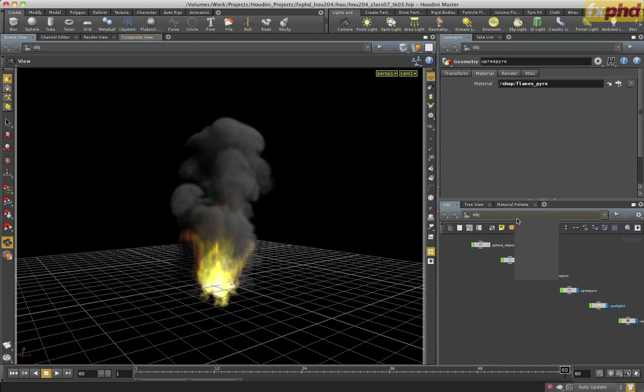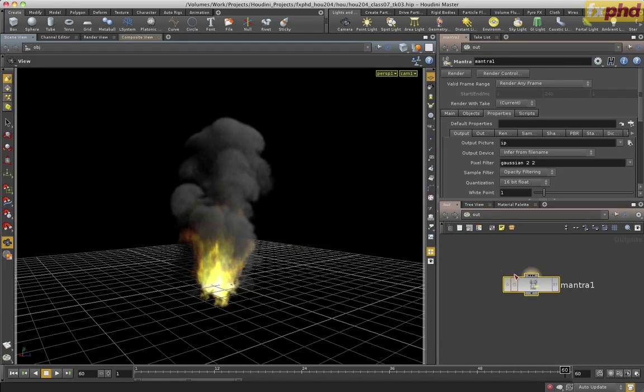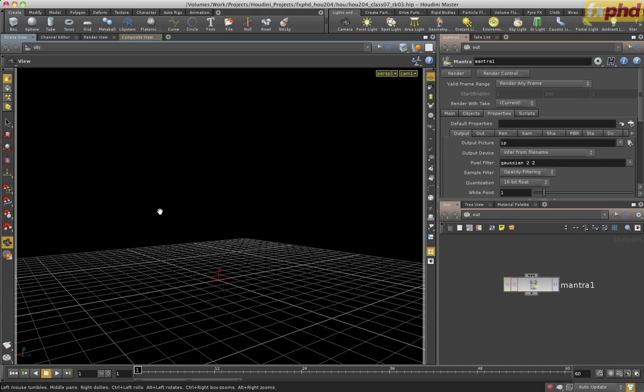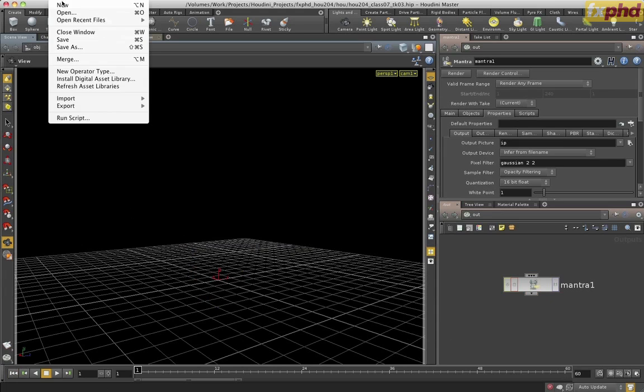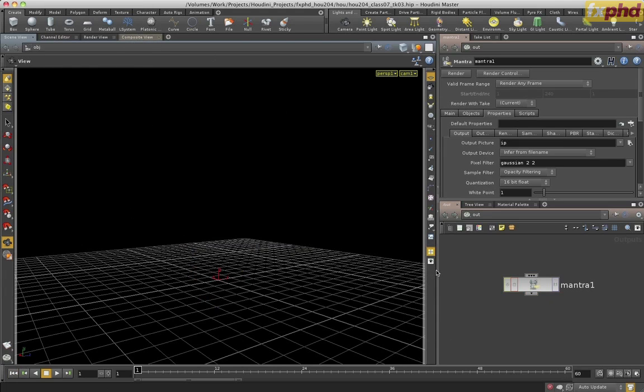And I've also come in here and actually created a render node, a mantra wrap. So I'm going to actually create one of these from scratch really quick just to show you the quick setup, and then I'll reload this back up so you don't have to wait for the simulation to occur. So let me just save this really quick, create a new file,